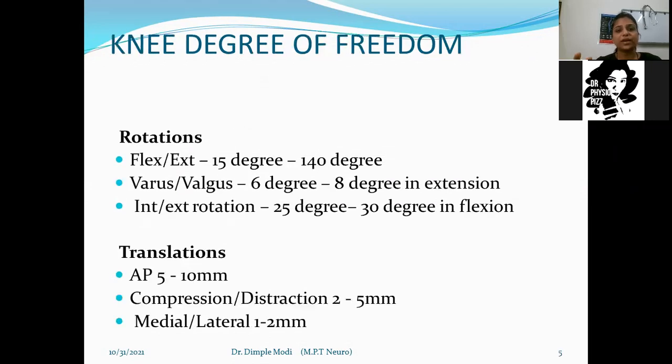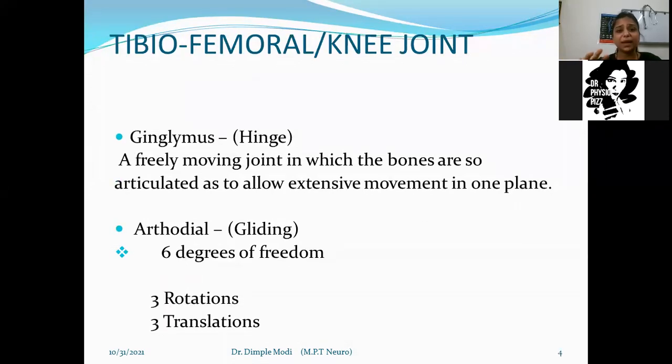The knee joint works in conjunction with the hip and the ankle joint. It is also responsible for moving and supporting. The knee joint has the stability function and the mobility function, which is reflected in its structure and function. As I said, it is composed of 2 articulations. One is the tibiofemoral joint and another one is the patellofemoral joint.